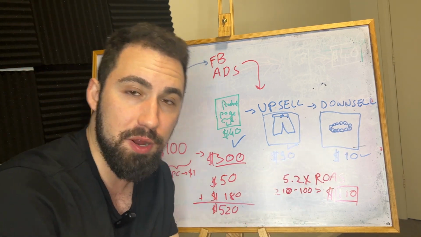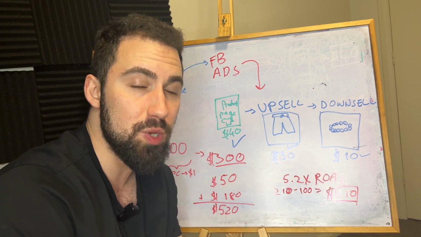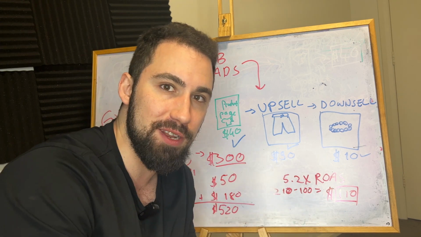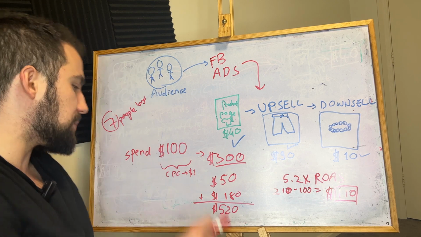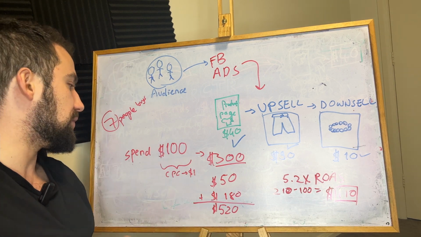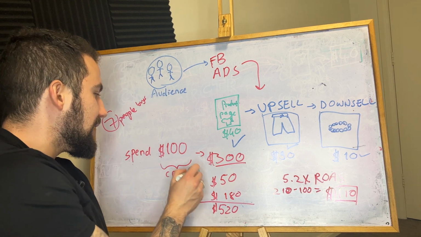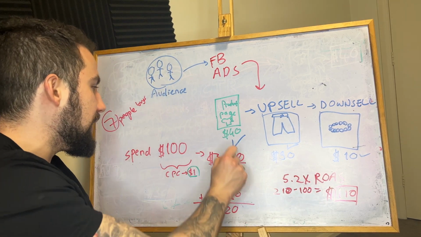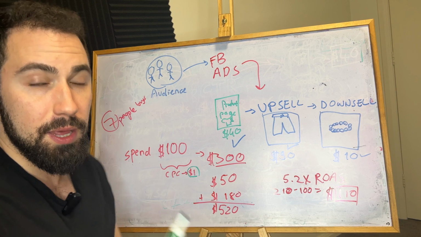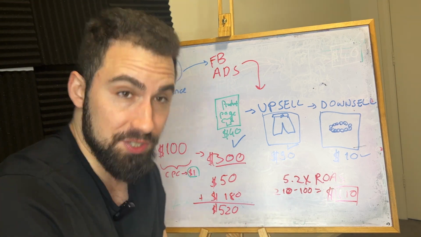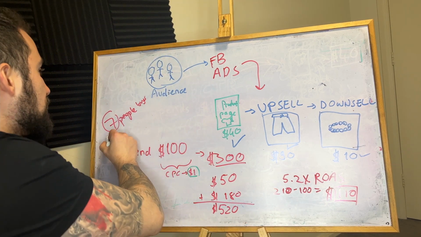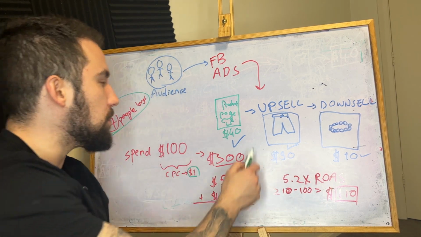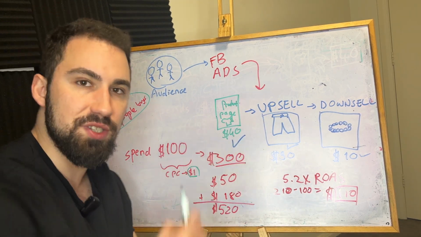Let's look at the math here. Let's look at the math without increasing the spend. How are our return on ad spend and actual profit increasing? Let's go back. We're spending $100, right? Let's say the cost per click is $1. We also calculated we're making $300. Why? Because our ROAS was 3x initially, right? What that means is 7 people roughly buy, 7 people roughly buy to make $300 in sales.